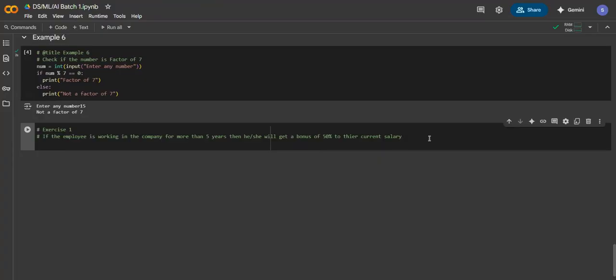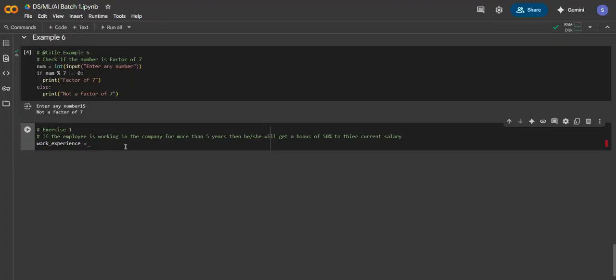Whenever you are seeing such kind of questions, what you're supposed to do is divide the question into multiple parts. Divide the question into multiple parts in the sense, see what they are asking first of all. What we are supposed to ask the user. In this particular question, what is the variable that I'm supposed to ask from the user? If the employee is working in a company for more than 5 years, right? So basically this experience I want. I want the work experience. So let me write here work experience as one of the variables